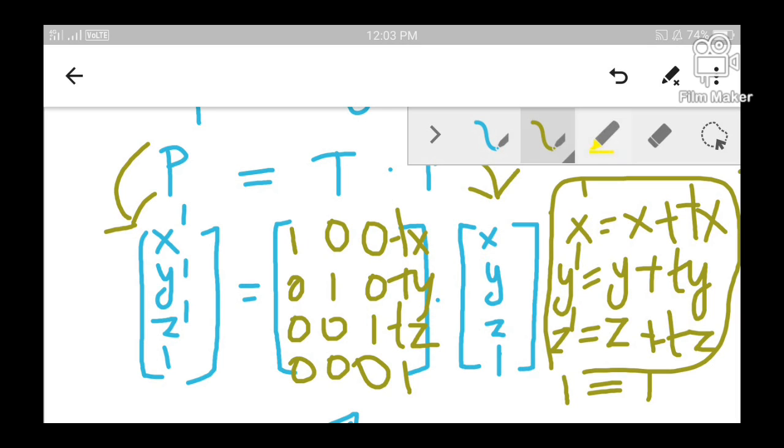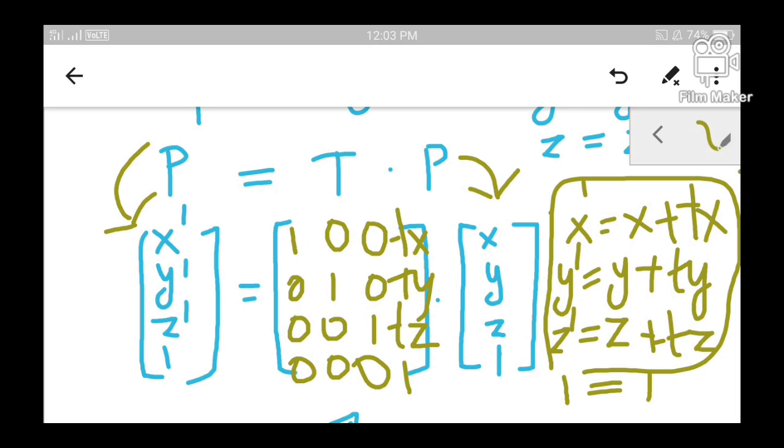So in this way, when an n coordinate system can be represented using n plus 1 coordinates without change in value, it is called homogeneous coordinates, and every transformation is usually represented using homogeneous coordinates itself. Whether it is translation, scaling, rotation, whatever it may be, it can be represented using the homogeneous coordinate system. Okay, so this is how matrices can be represented in a standard way. Clear? Hope you understood the whole concept.